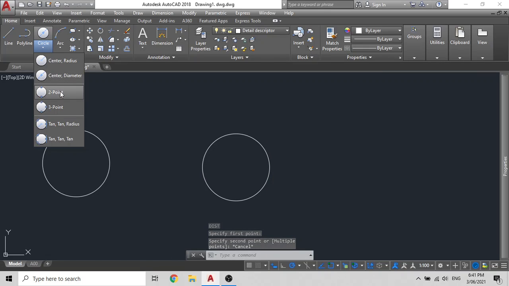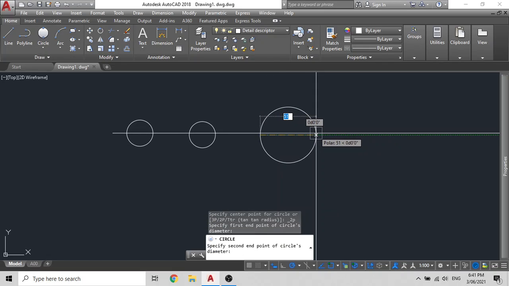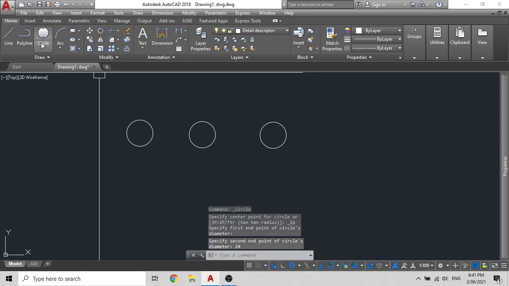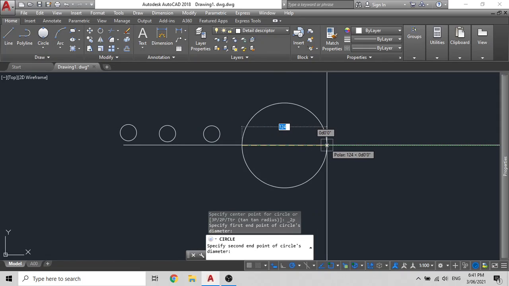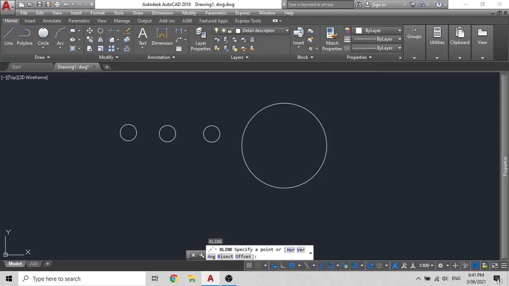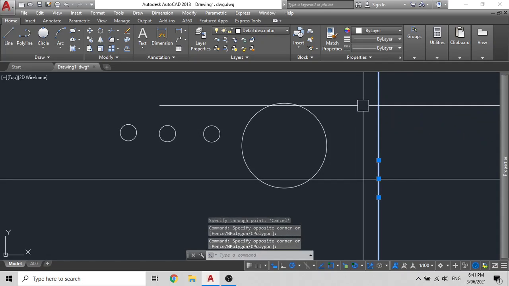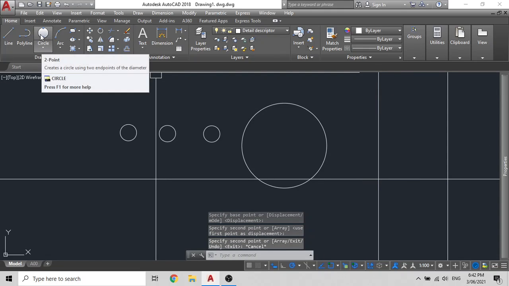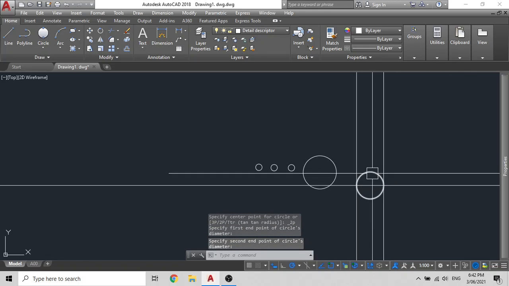The next is a 2-point circle. So basically what you have to do is click on one point and you have to enter your diameter again. So if I want to make a circle of diameter 24 meters, I will do that. Or what you can do is take this 2-point circle and just click wherever you wish. So let's say you want to put this between a reference line, you can do that. So by using the 2-point circle command, you can put one point there and the other point there, and that's how easy it is for you to work.